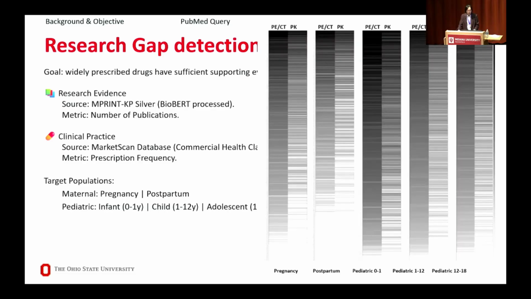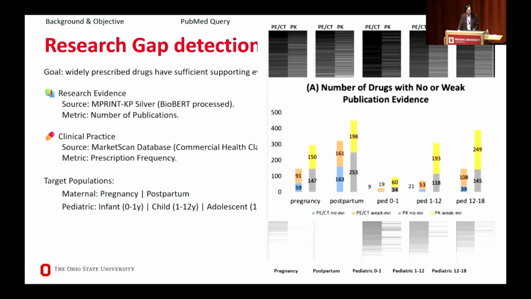Here is the landscape of these 5 subpopulations, and each row within the figure represents a drug that has more than 10 prescriptions within the corresponding subpopulation. And here are the counts. So I will use the first bar as an example. This bar means that within the drugs with more than 10 prescriptions in the pregnancy population, 59 of them do not have PE or CT publication evidence, and 91 have only a few